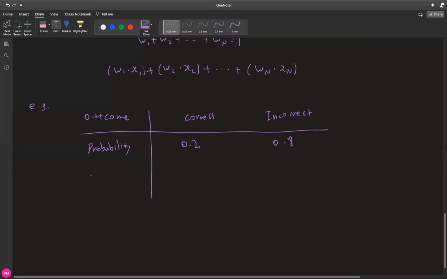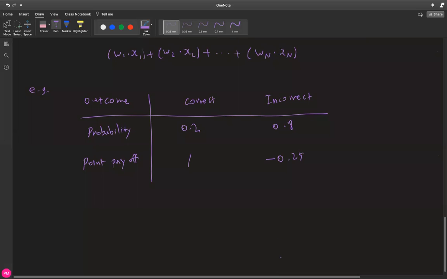And let's say now the point payoff is given as, if you get it correct, you get 1 point. But if you choose an incorrect answer, you lose 1/4 of a point. So let's actually find the weighted average. In other words, you're simply multiplying the point payoff by their respective probability, or in other words, the weight.